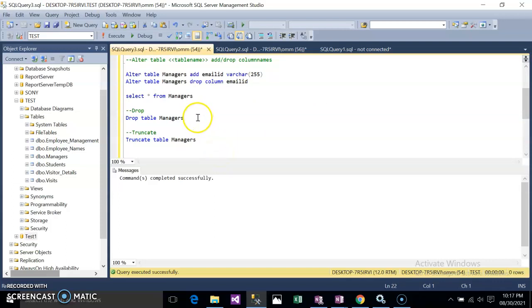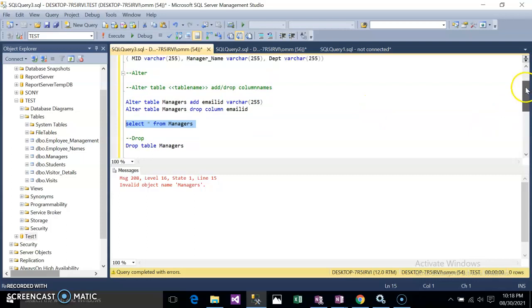Okay, so drop table will delete the table entirely with the data present inside that table, and truncate table will delete all the data present in the table, but the structure of the table will be there. Like the table will be there, but the data will not be present. Okay, so if I do this, the managers table will be there, but if I do drop table, then the managers table will not be there even.